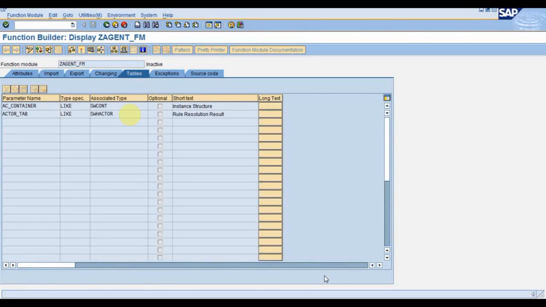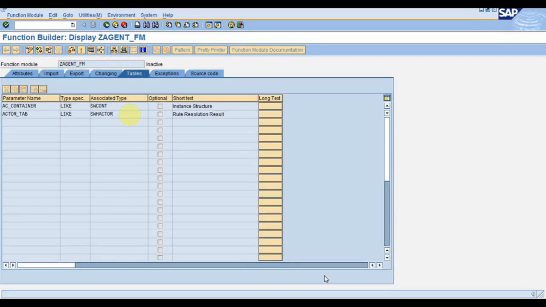Also, let me tell you, this AC container internal table you can read with the READ TABLE keyword of the ABAP statement, or you can use the macros. These macros we actually don't use anymore, they have become obsolete, but I will show you both how to use the macros as well as the simple ABAP statements.